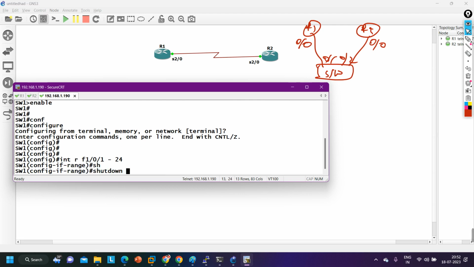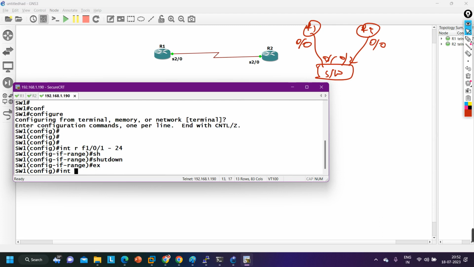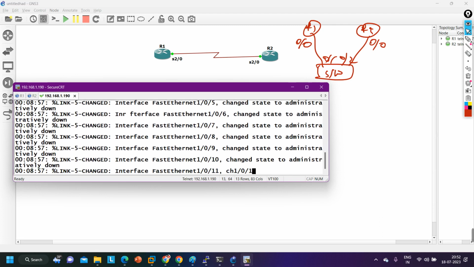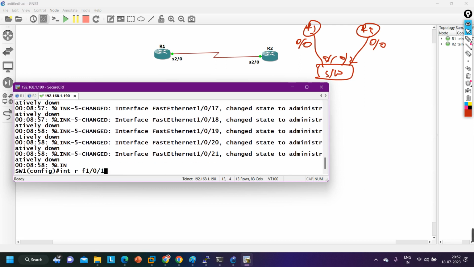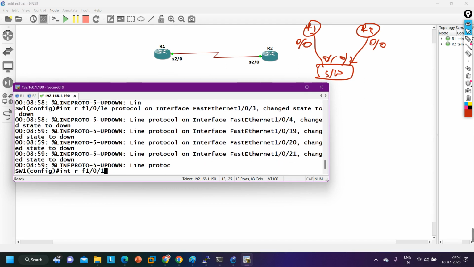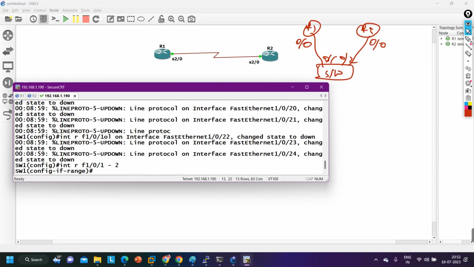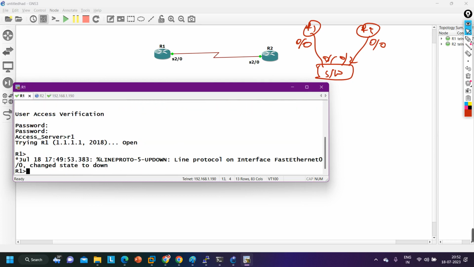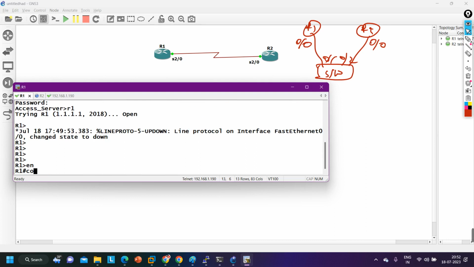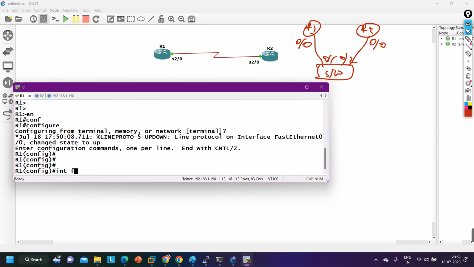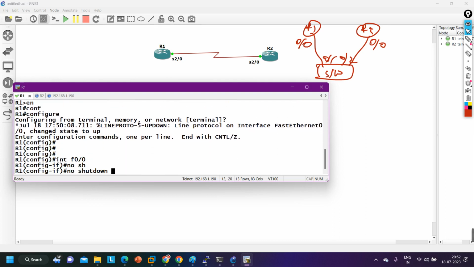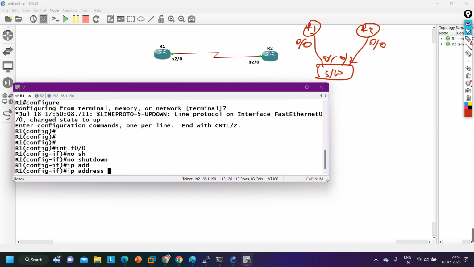For interfaces 0/1 to 24, I am going to shut down all interfaces and bring up only two interfaces, that is f0/1 and f0/2, with no shut. Now I am going to configure an IP address on the router interface f0/0, no shut, and IP address 12.1.1.1